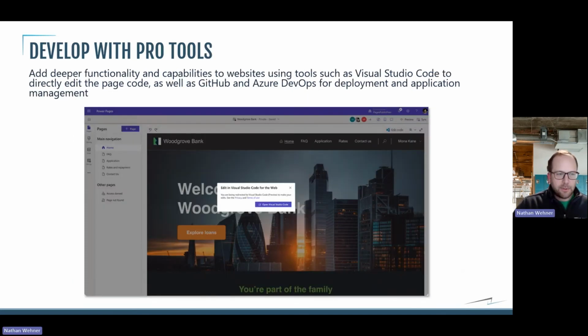You also get the capability to develop with Pro Tools. So web developers, you're not left behind here if you're on this call listening. This does have a natural integration to Visual Studio Code integrated in. You can pop it right open on the screen, adjust your CSS, adjust the code, manipulate scripts as you see fit, and add that deeper functionality and capabilities to your website, maybe that you have on your main website, get it styled the same, make things flow correctly, and use those tools to edit the page code, as well as